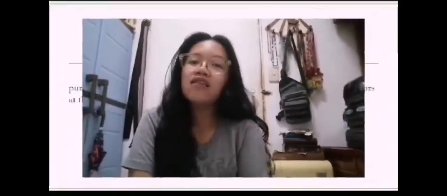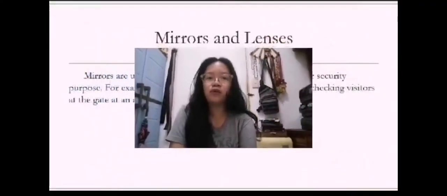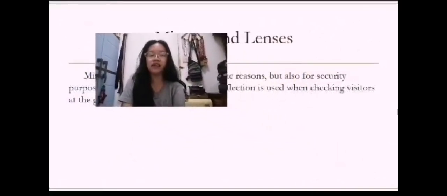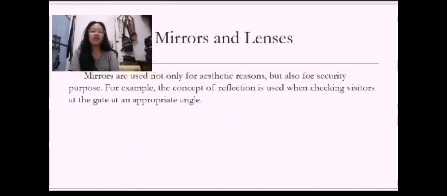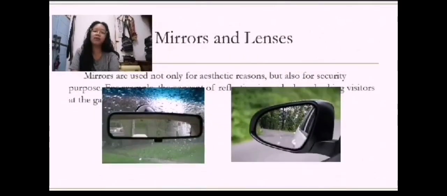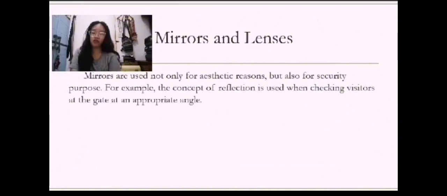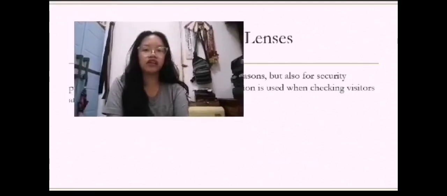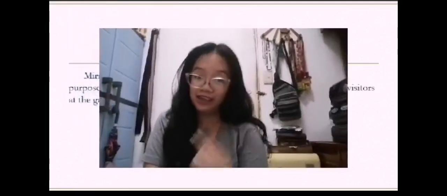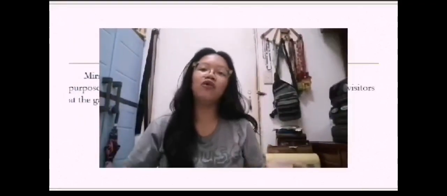Mirrors are not only used for aesthetic reasons, but also for security purposes. For example, the concept of reflection is used when checking visitors at the gate at an appropriate angle. It also saves lives when driving, as the rear and side mirrors are used when moving to a different lane safely. Lenses, on the other hand, are very important for people who have difficulty reading, as they use reading glasses